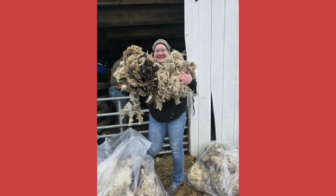And then I got to, that was two different Shetlands that had just been shorn, and they had 3 shearers working. And so 2 of them came out the door at the same time, and I turned around laughing, and Melinda snapped that photo of me with my treasures. So that was a lot, especially since